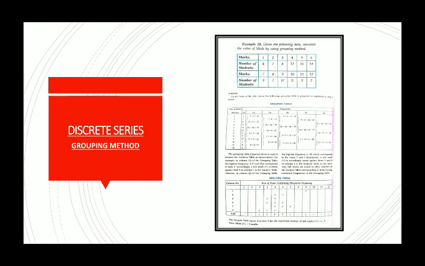6 columns for 6 groups and 1 column for writing the number of observations and the size. So in the very first column, the size of the item, like the marks which are given here, you will write from 1 to 12. After that, you will make 6 different columns for frequencies. In the very first column, we just write the frequency values which are given in the question. In the second column, we group the frequencies in twos.